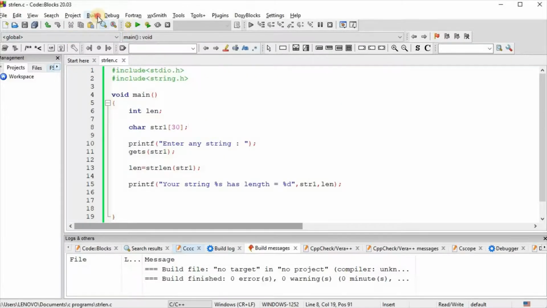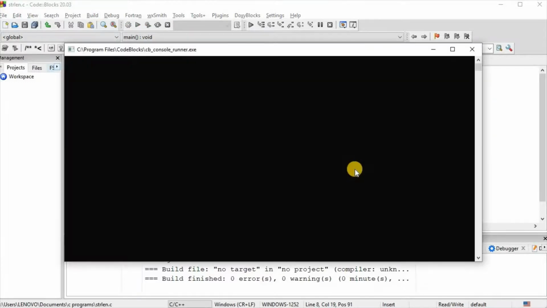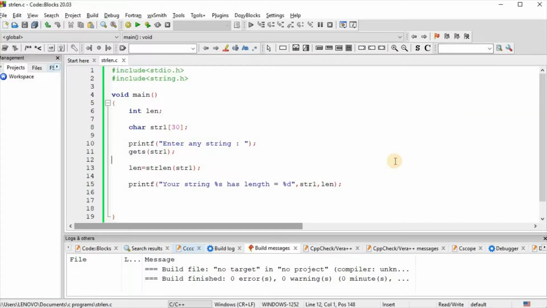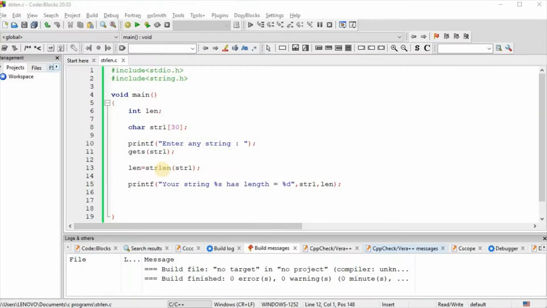And if again we enter any string, welcome, your string welcome has length is equal to 7. The strlen function does not consider the null character in the string.